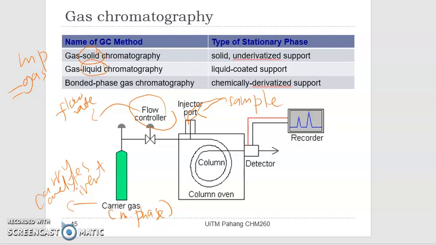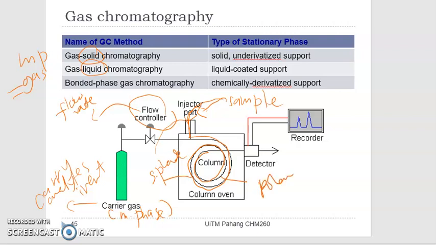Okay, so once the sample goes in here, the mobile phase will carry your analyte, and it will go through the column. So inside the column, we have stationary phase. What will happen? So your sample tadi akan interact with the stationary phase here based on like dissolves like principle. So if your stationary phase is